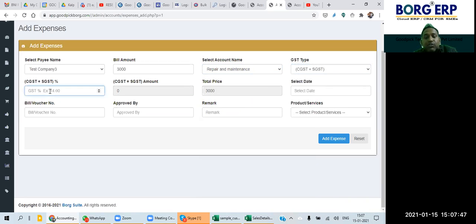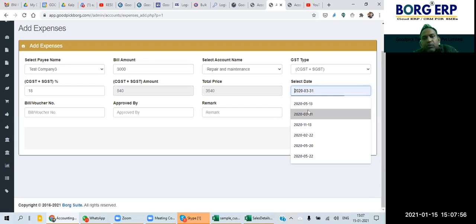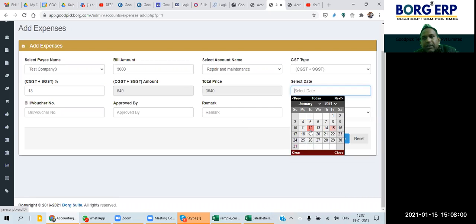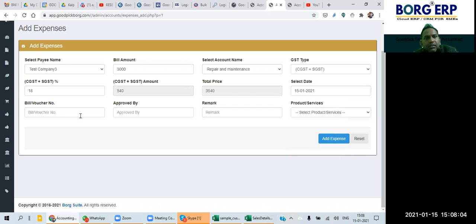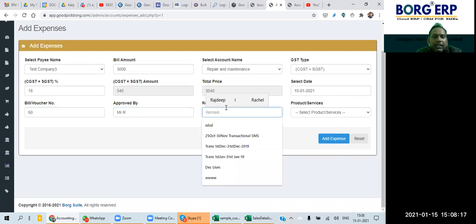If the GST type is not applicable, you can put a 0, or if it is there, you can put 18 or whatever percentage. Expense date you can put. If it comes like this, you will have to click on escape, then the calendar will display. Then today's date, then voucher number if you have, for example 60, approved by Mr. X, Mr. R. Remarks, whatever they are against,